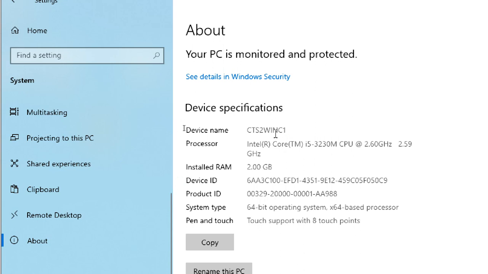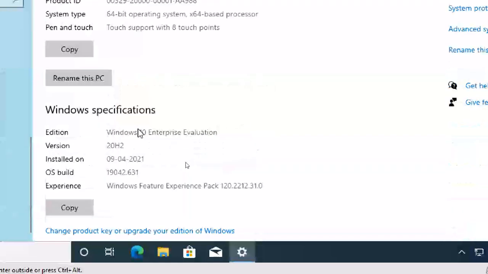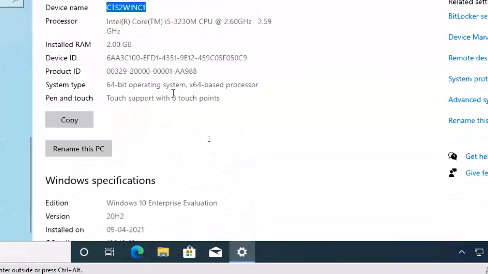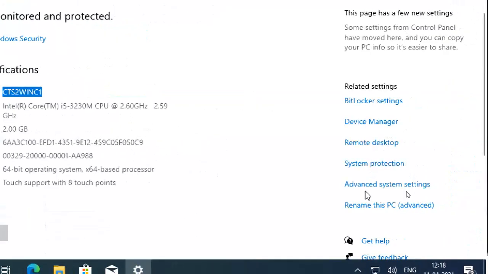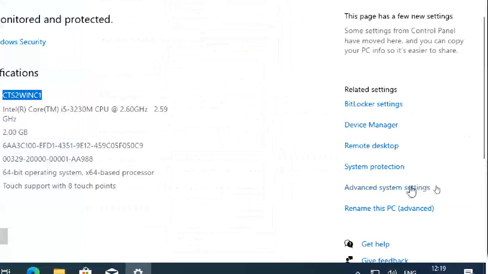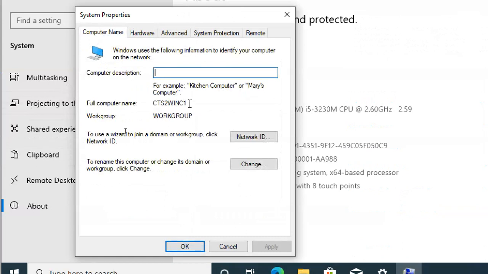See, the device name is changed. But I should get one more option. It is not getting here. Yeah, here it is. See, Advanced system settings. I click on it and I get the Computer Name tab. You can see the computer name and the workgroup is WORKGROUP, and this is a description.